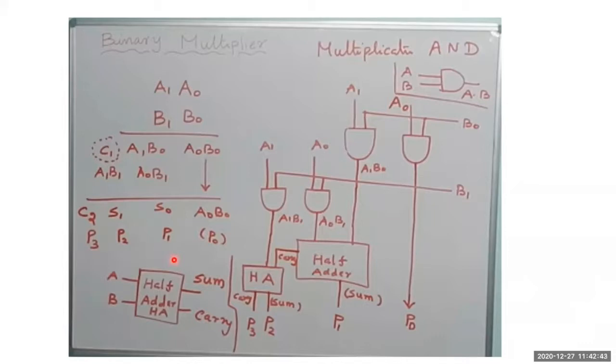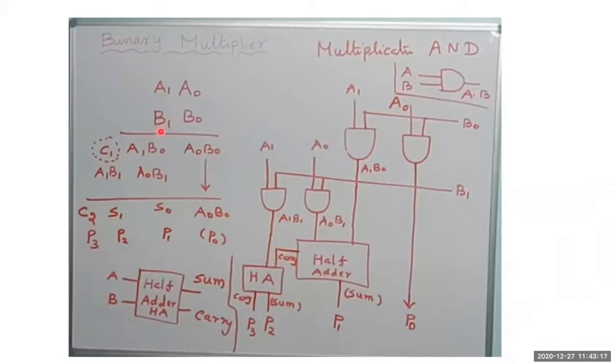I just explained it in terms of A1, A0, B1, B0. You can take it as a binary multiplication of 0, 1 or 1, 0. You try to do that in your book, you'll get the same thing. And after doing this multiplication, try to draw this diagram. Especially for multipliers, you should be in a position to explain the entire thing and put it in terms of logic structures or else in the schematic. Then only can you fetch full marks for that particular question.